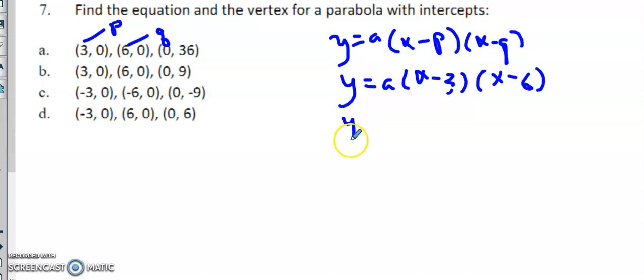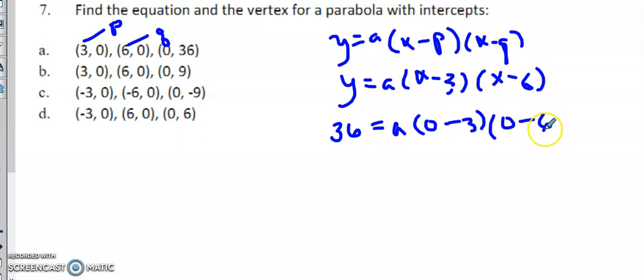So to find the a value, we're going to replace everything in the equation with the exception of a. So we're going to replace x with 0, and we're going to replace the y with 36, and we're going to try to figure out what is the value of a. 36 is equal to a times 0 minus 3 and 0 minus 6. So 36 is equal to